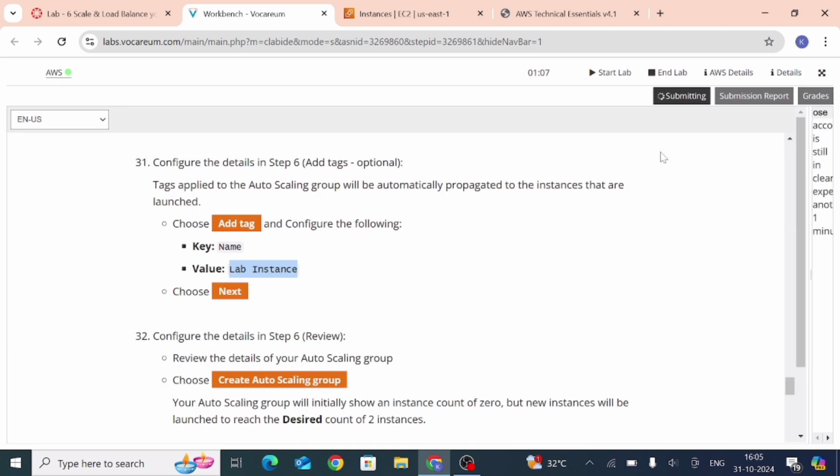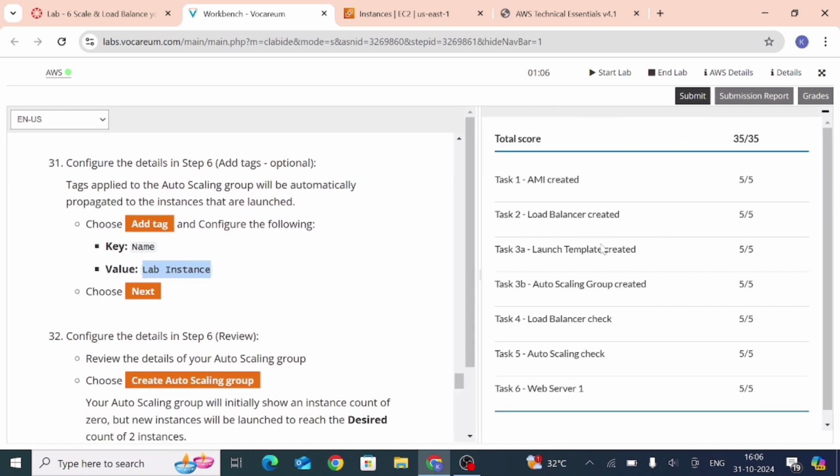Now we see how much grade we got. So here the grade is displayed. We got 35 out of 35. So I hope all of you also get this mark.